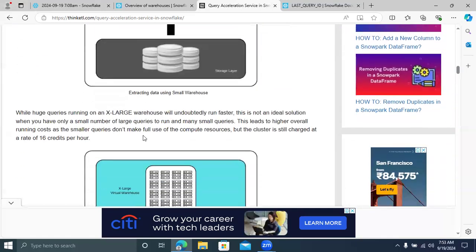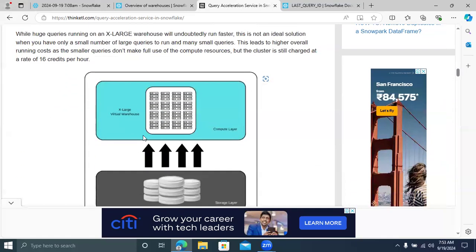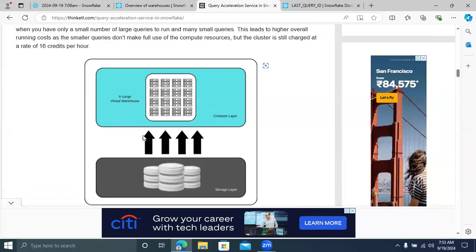Now, second example. Now what I'm doing is I took an X-large virtual warehouse. In that, I have much more computing power, more CPU cores and more RAM. Definitely, if you run huge complex queries or multiple queries, it's going to run much faster because it has more compute power. But